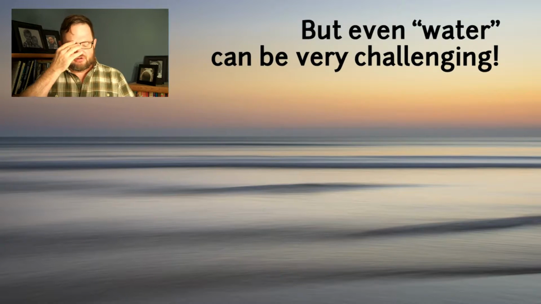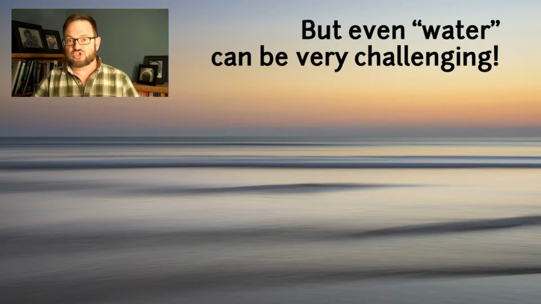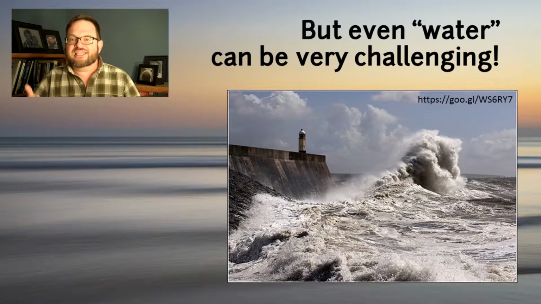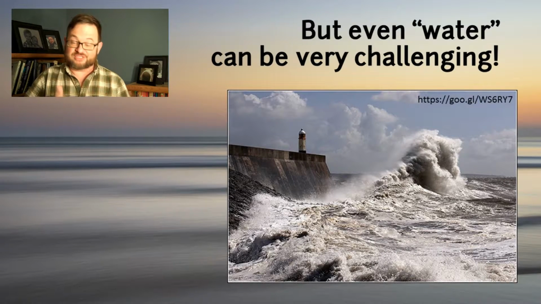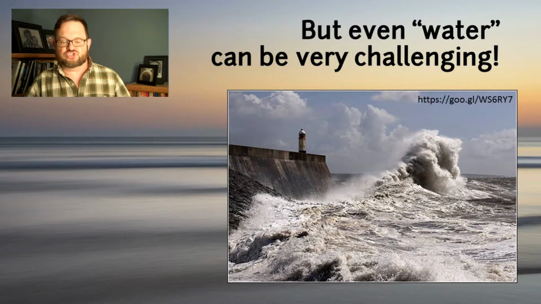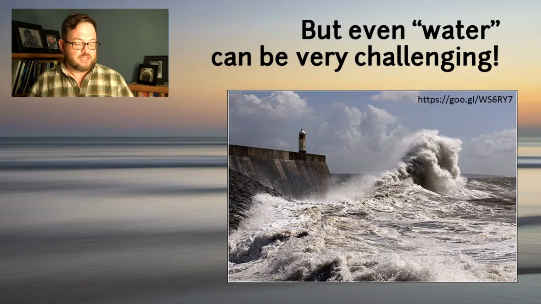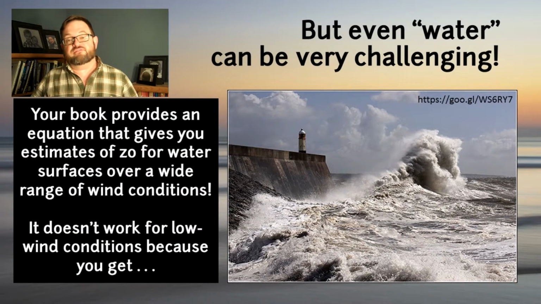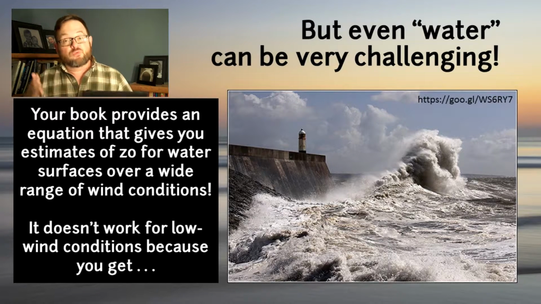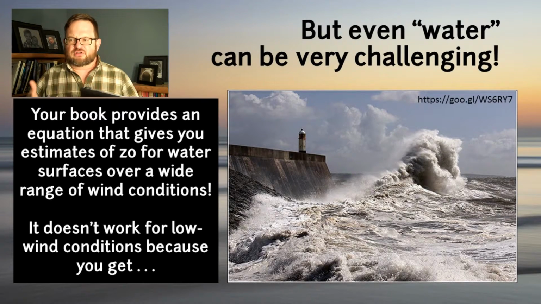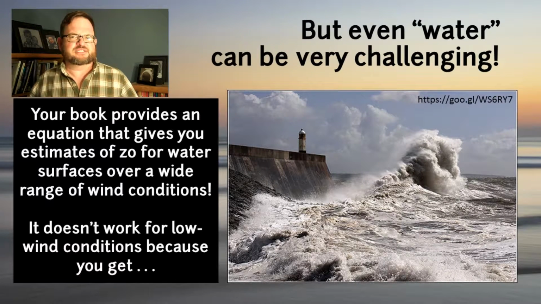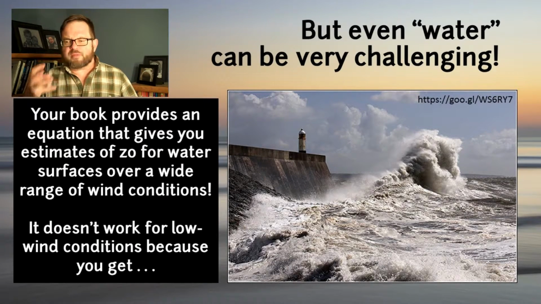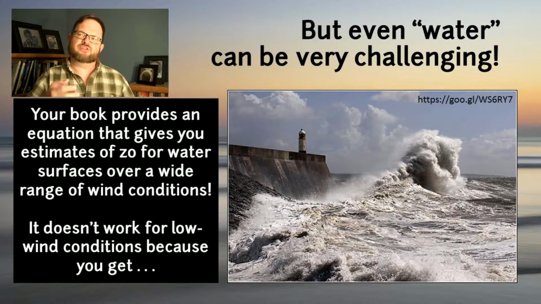I picked a picture here that I found online someplace of a very smooth ocean, where clearly flow over this is not experiencing all that great of an aerodynamic roughness length, but obviously that can vary over many orders of magnitude. Clearly we have a much more rough ocean surface here in this inset picture. The book actually provides you an equation that gives you the values of Z0 over a fairly wide range of wind speeds. It's a fairly standard parameterization. I didn't put it in here just because it's kind of a pain to type up an equation you can just see in the book anyway. And so based on different wind speeds, you can come up with different values of Z0.